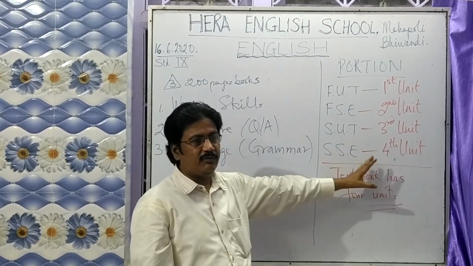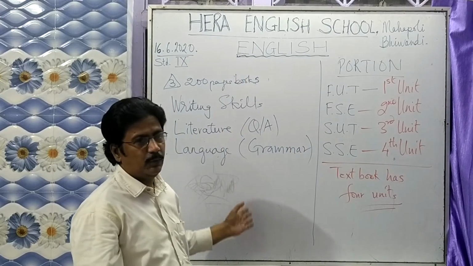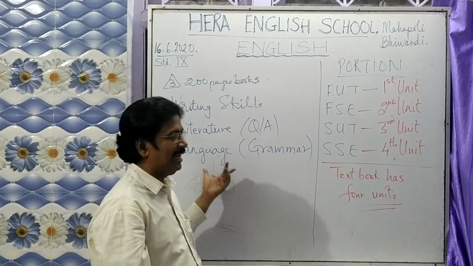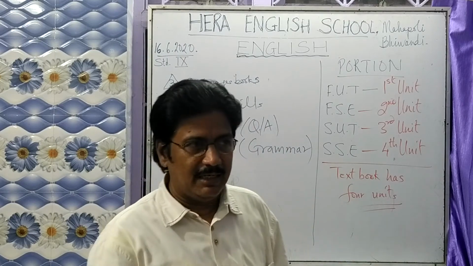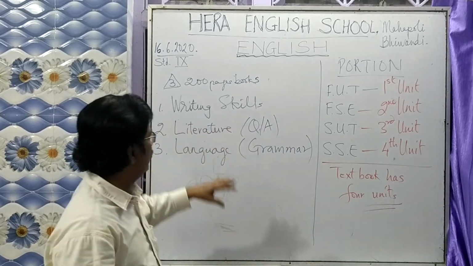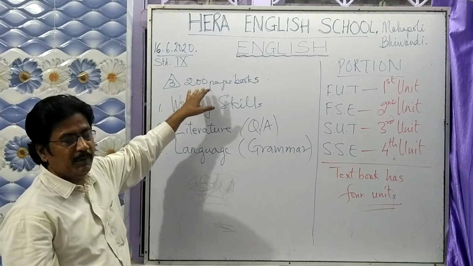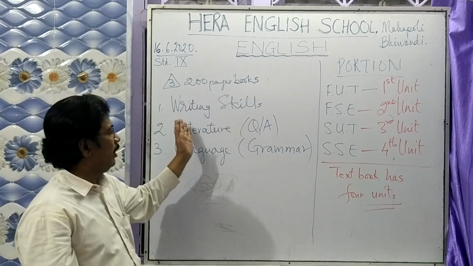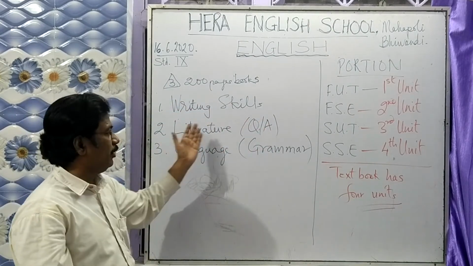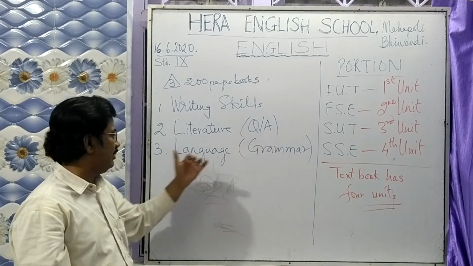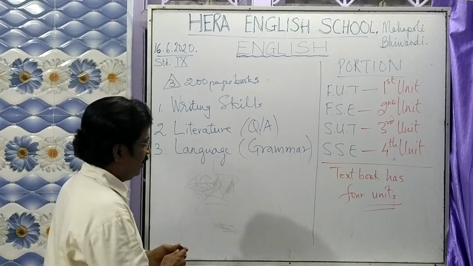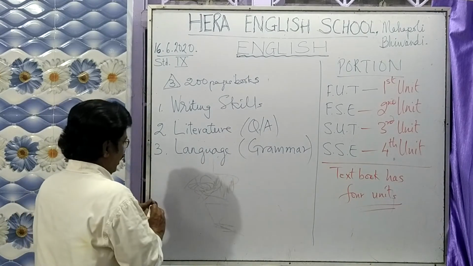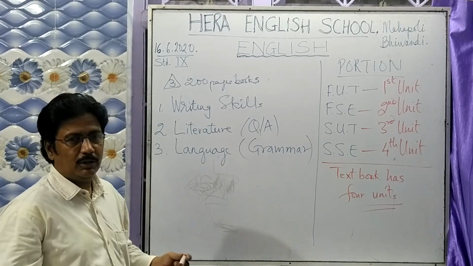You better write it down somewhere. You can write it in any one of the books. It's better you write it in your language book, because your language book will be carried forward into 10th standard also. In that way, you have to make 3 books of 200 pages: 1 for your writing skill, 2 for your literature question answers, and 3 for your language study. Most important thing here, I better inform you now itself, and then you say, sir, what happened.